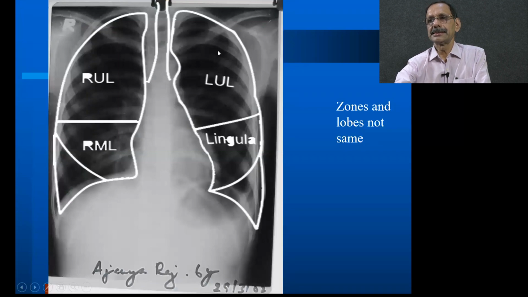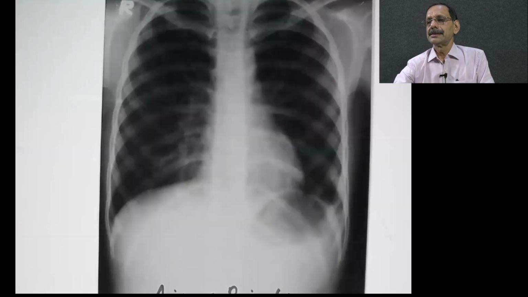This is how we separate right upper lobe, right middle lobe and right lower lobe. These are not identical to the zones that we describe in X-ray. Zone means the first two rib areas, upper zone, next two rib areas, middle zone, and last two rib areas, lower zone. And on the left side, the middle lobe area is replaced by the lingular lobe, which is actually part of the upper lobe. Now this is a full inspiratory film.